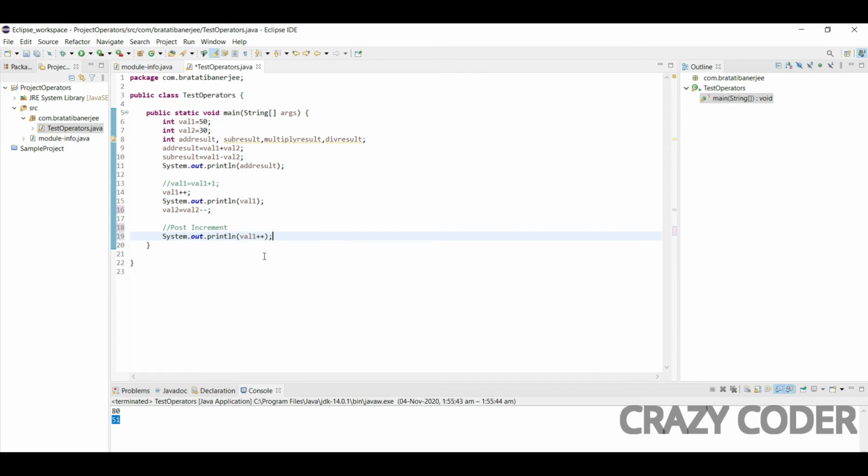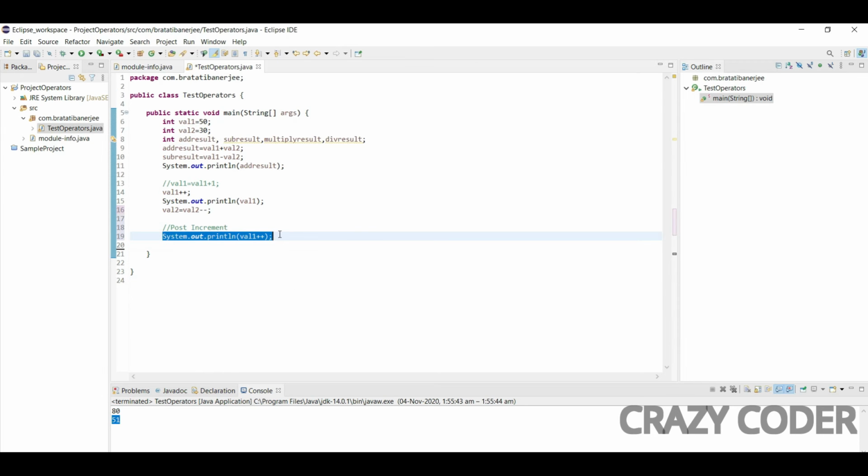So it should print 52, since I have already incremented the value in here. But the thing will be opposite. It will first print the value and then it will increment the value. So it will print 51 and after that it will increment the value to 52, and the updated value will be stored in the memory.